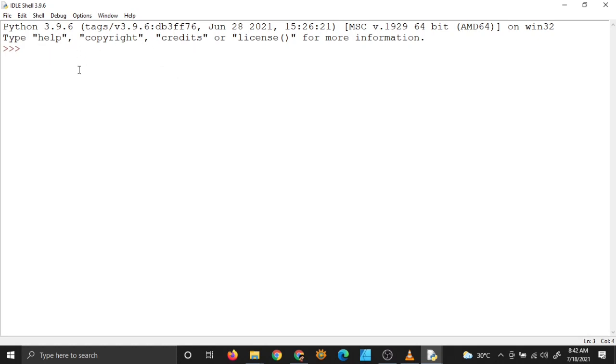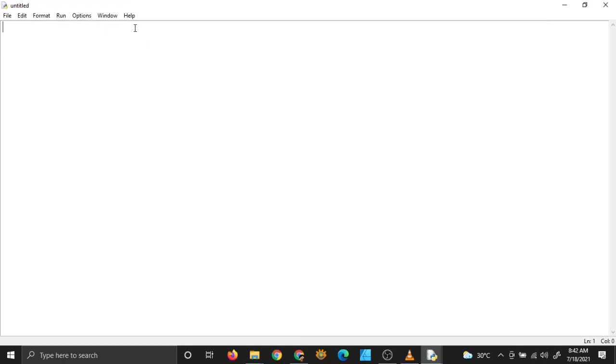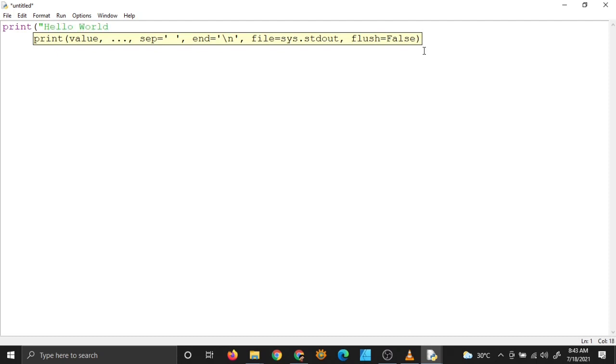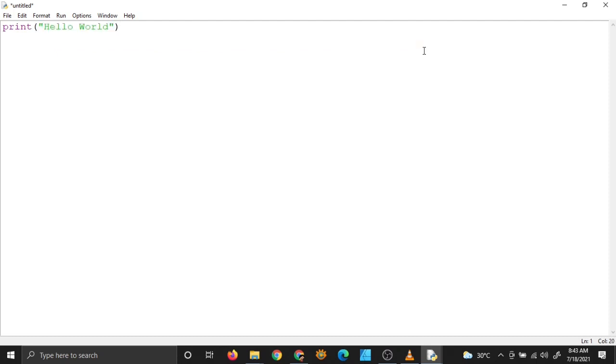So we will not be typing commands here. We will be creating a file and writing our program over there. So go to file and click on new file and then you will see something like this. So this is like a notepad, like a word processor. You can type something here and you can save it as your Python program. So let us first type a very simple program. Let us print hello world. You can do it like this using the print statement. Print brackets hello world. And hello world should be within double quotes because it's a string.